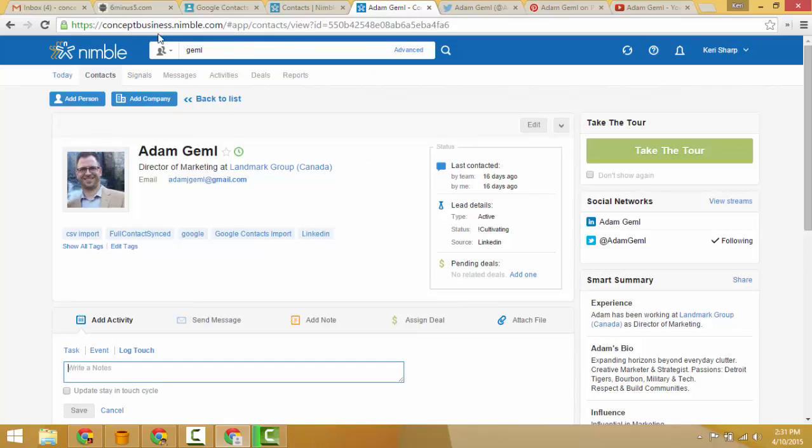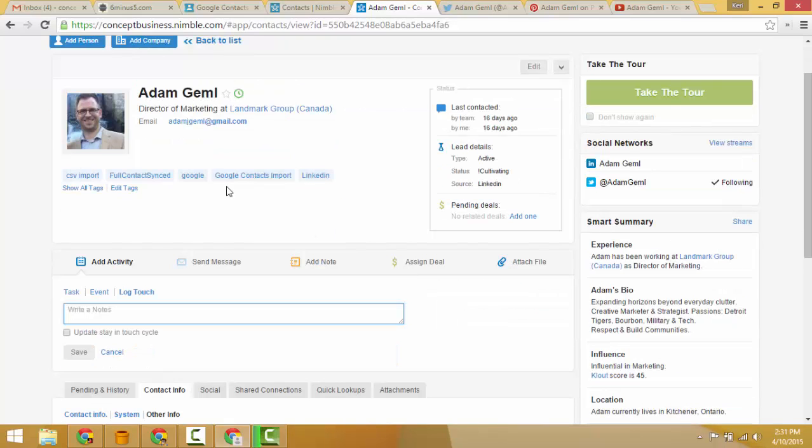The program here is nimble.com. There are a number of different software options out there, and they all have their different pros and cons. This is not a magic software itself. There's Capsule CRM, which is a good one. There's Contactually, which is a great one. Insightly, Salesforce, Zoho, you name it, we know how to use them all. They all have the same premise.